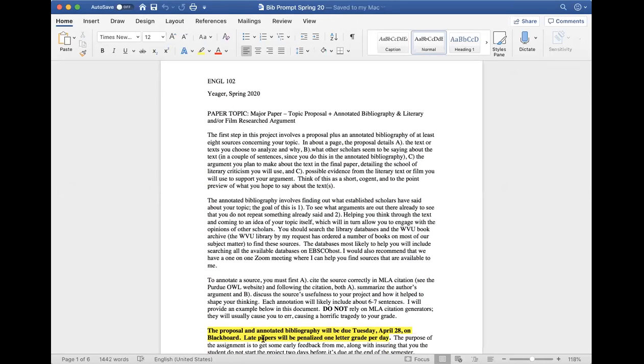So the first step in this project, of course, you want to know what book you are going to write about. But you also want to have an angle to it, right? Bridget mentioned before class that she's interested in doing The Yellow Wallpaper.